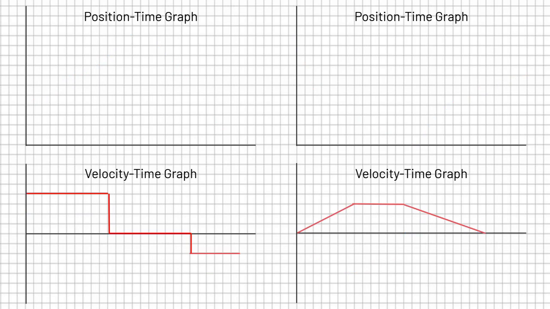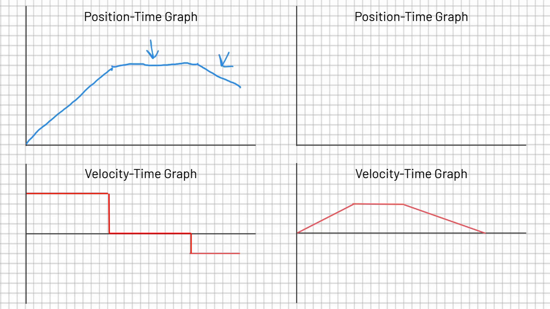All right, so let's translate between a velocity time graph and a position time graph. So we have a constant positive velocity. So a constant positive velocity on a position time graph looks something like this. And then we have zero velocity. So on a position time graph, that just means a horizontal flat line. And then we have a slower negative velocity. So that means we have a constant velocity that's at a lower slope. So we have high positive velocity, no movement, and then a lower